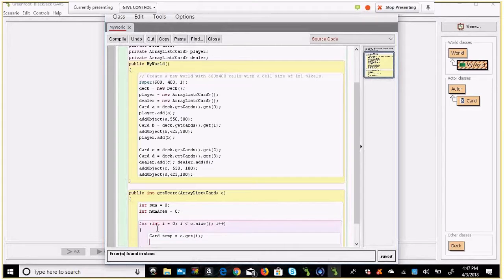So if you're used to dealing with arrays, which usually people learn arrays first, this would just be like C bracket I. That's the card at index I. With array list, you call it with a method, so it's a get method, and it's just called the ith index. So that's card temp. So then I could do an if statement that says if temp, which is a card,